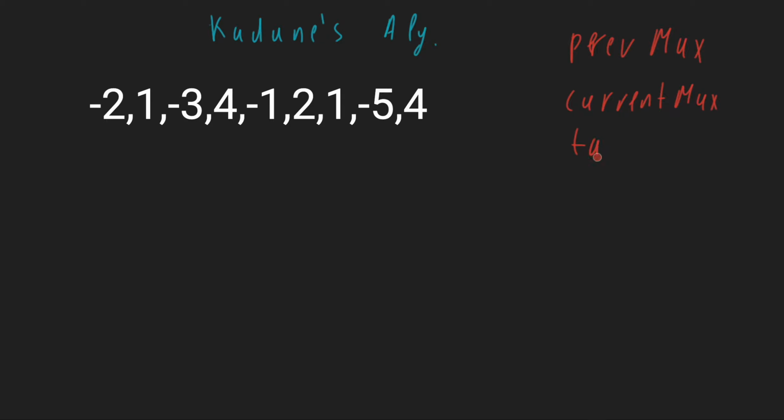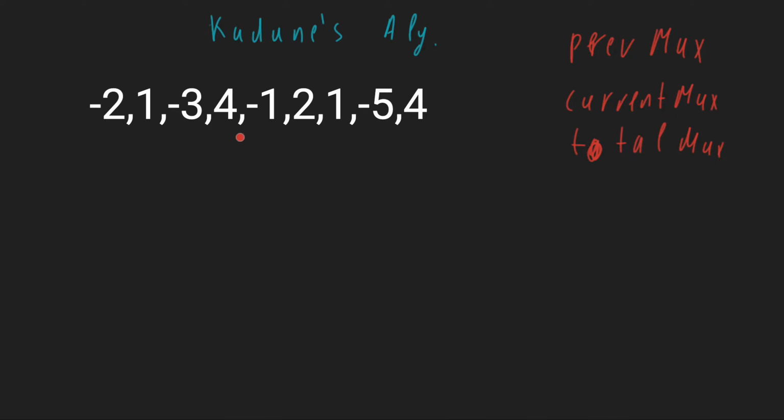There are several ways we can solve this problem, but the most efficient way is to use Kadane's algorithm. Let's see what's the idea behind Kadane's algorithm. For that, let's maintain 3 variables that we are going to use. First one is the previous max value, and the current max value, current max. Also another one is the total max that we are going to return,